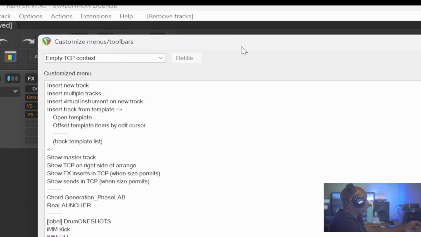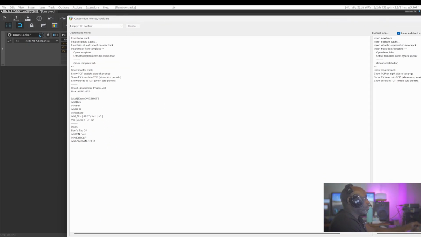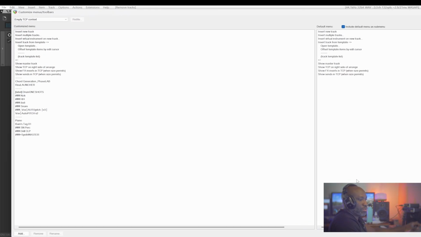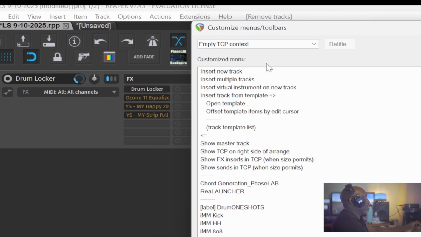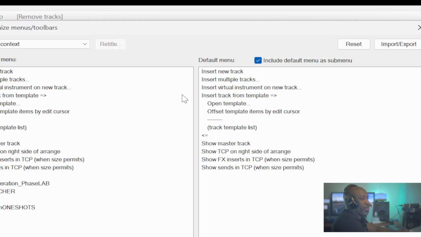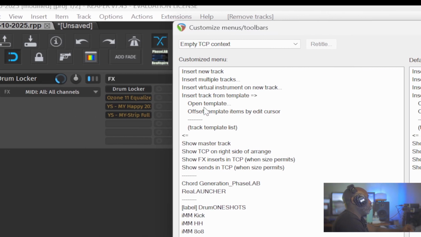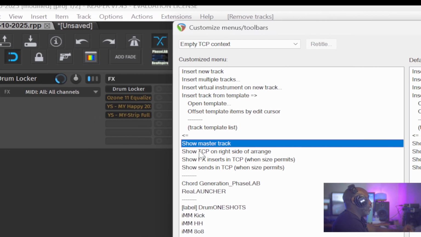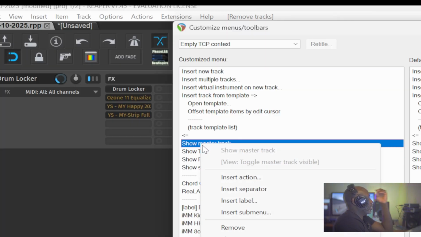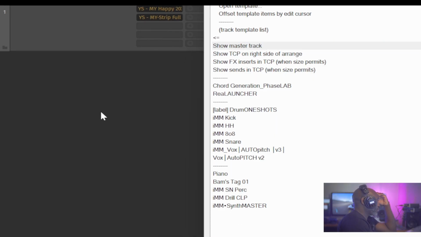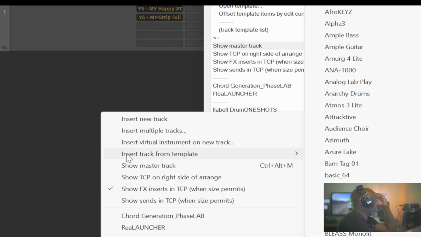So on this entire screen here, let me make this a little bit smaller. All right, so over here, we have the section that says customized menu, and then we have the default menu over here. So we can just right click wherever we want, and we can add stuff. When you right click, you get an option to insert an action, add a separator, insert a label, and you can add submenus. So if you notice here, we have a submenu that pops out